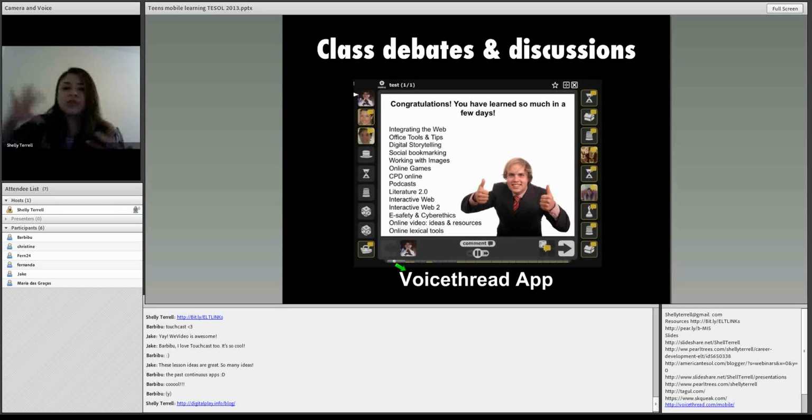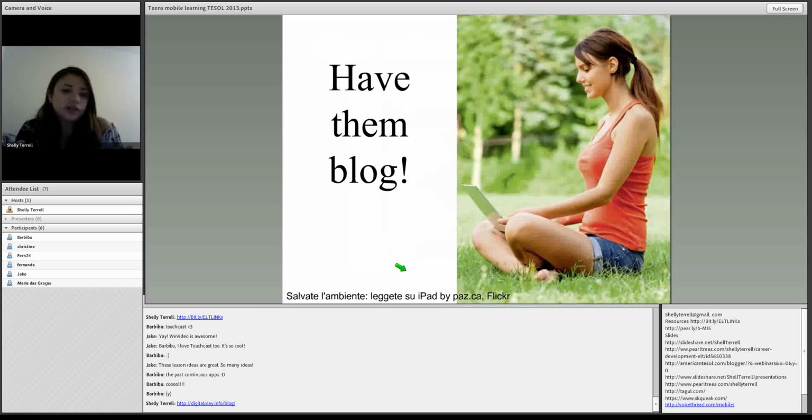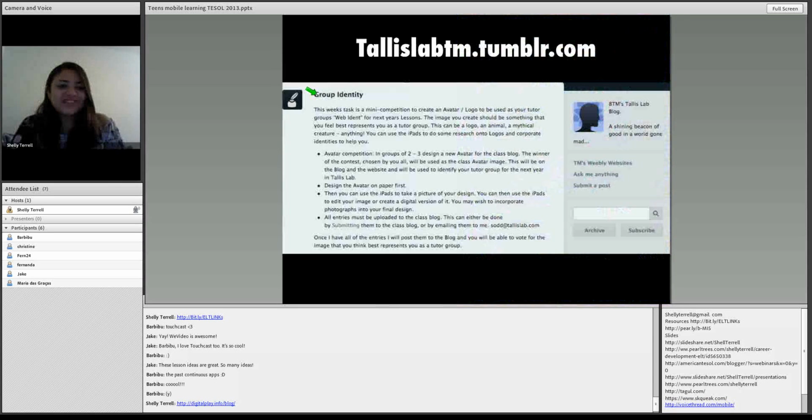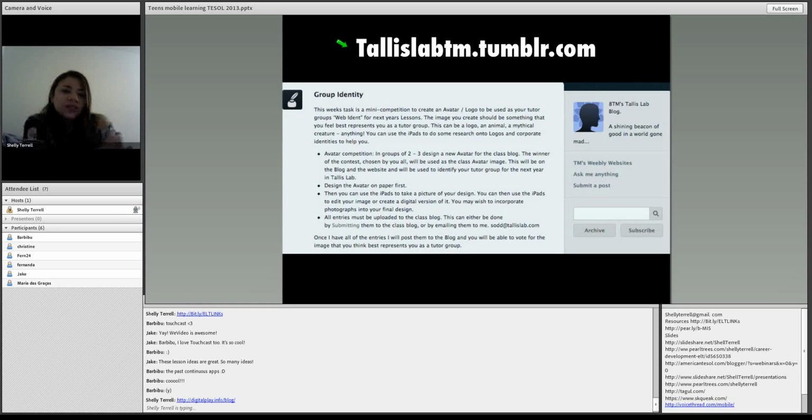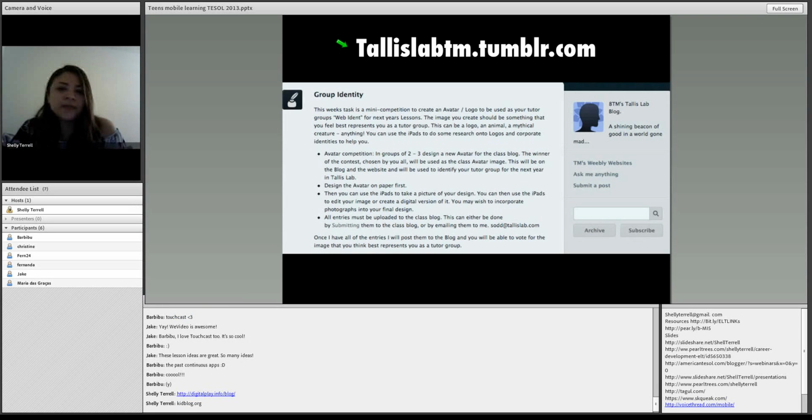Skype, you can Skype with other classes around the world, so there are many different things you can do with teens with these different types of mobile apps. Glide, you can add offline video messages, but you have to have a Facebook account. Boxer, Haytel, and Zello are walkie-talkie apps. You can have up to 10 or even 40. I think in Boxer you can have 40 within a class, and they can all just talk to each other. It works like a walkie-talkie.